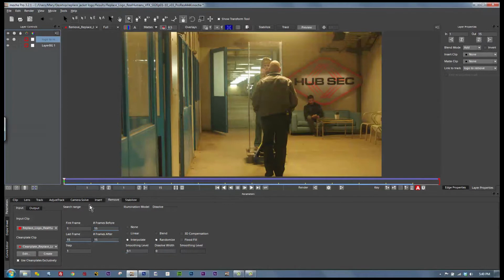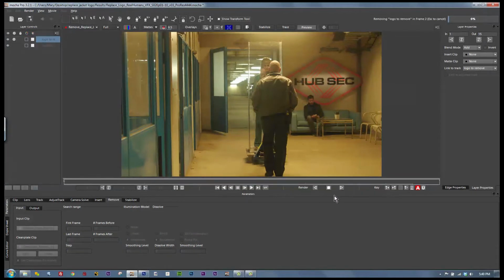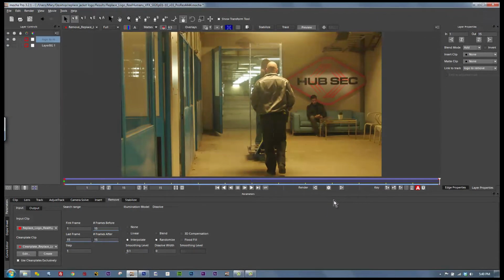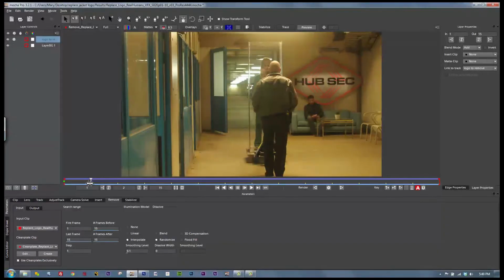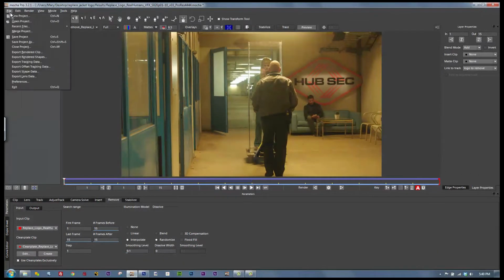So we'll make sure we're selected on that layer, and we're going to scroll through and show you our previous render, and from here we're going to hit render. Alright, once we are rendered, we check our shot to make sure that we look good. And in this case, we're just going to save our file, and then we're going to export